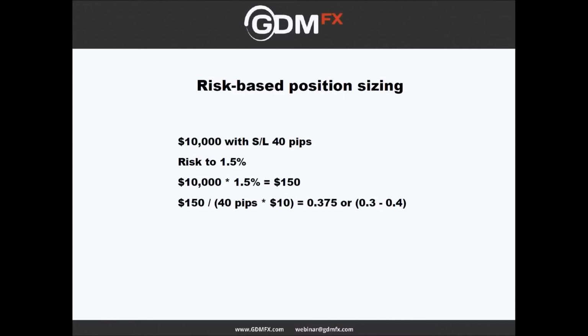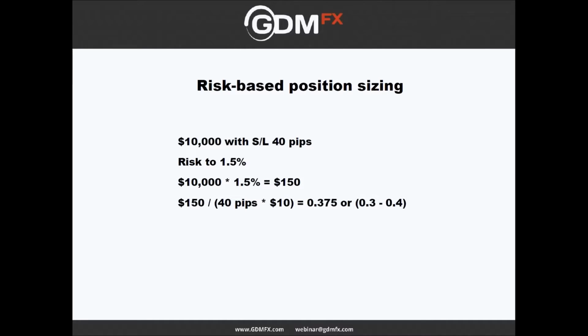Calculating the maximum risk in dollars is the essence. So taking that $10,000, 1.5% of this balance will equal $150. One pip, as we already know, one standard pip is worth about $10 on one standard Euro USD lot. In this example, calculating the position size means dividing the $150, which is 1.5% of your 10K account,